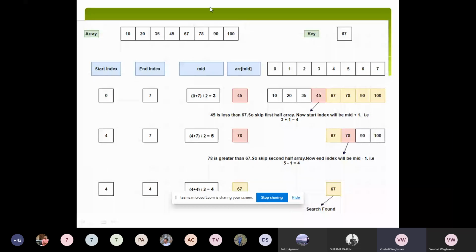If I want to find element number 100, okay, it will find this element in near about 3 to 4 steps, but in case of linear search it will take a total of 7 steps. So binary search is faster than linear search, okay. First it will find the mid value, compare with the mid value, if it is less then it will compare with the first and mid value, if it is greater then it will compare with mid and last value, and again in that it will find the middle, okay.